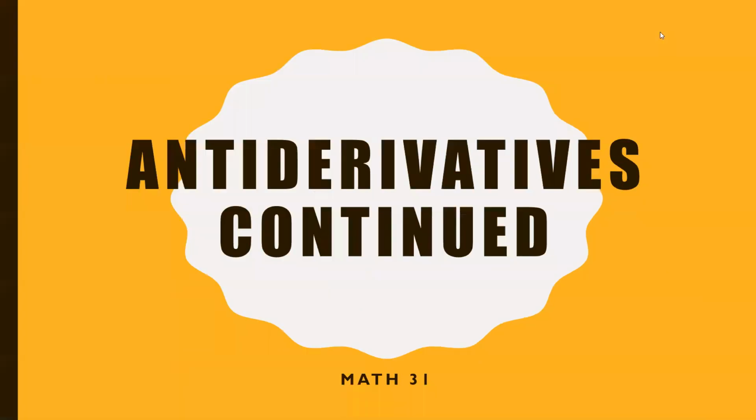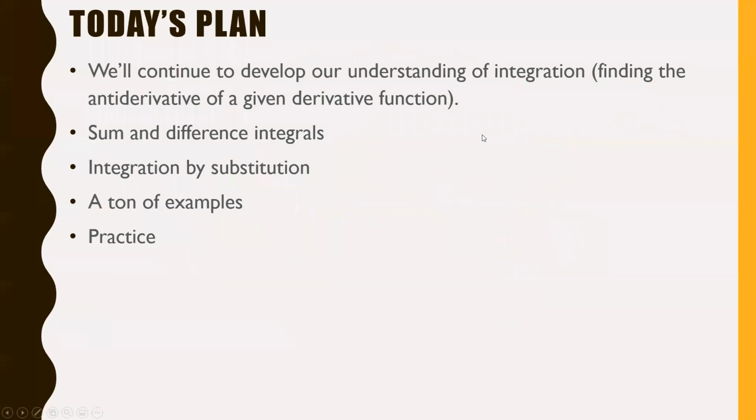So today we're going to continue pretty much where we left off with antiderivatives. It's going to be a bunch of different methods of taking the antiderivative of a function today. We'll look at something called integration by substitution in particular. Let's get started. So today's plan will continue to develop our understanding of integration, which again is finding the antiderivative